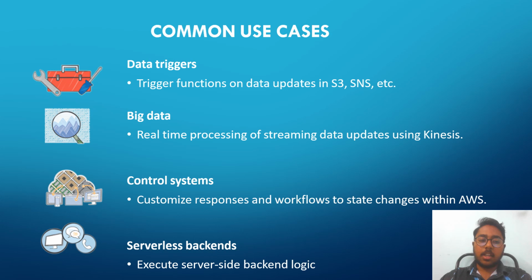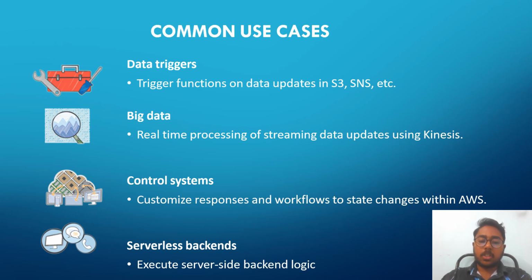Common uses: data triggers, trigger functions on data updates in S3, SNS, etc. For example, if we want to send any messages via mail or SMS to users, then AWS Lambda will trigger SNS to share these messages, and AWS Lambda will trigger S3 for processing the data, and again it will be stored in S3, where users can get the data, and the processed data can be utilized in other applications. Big data,